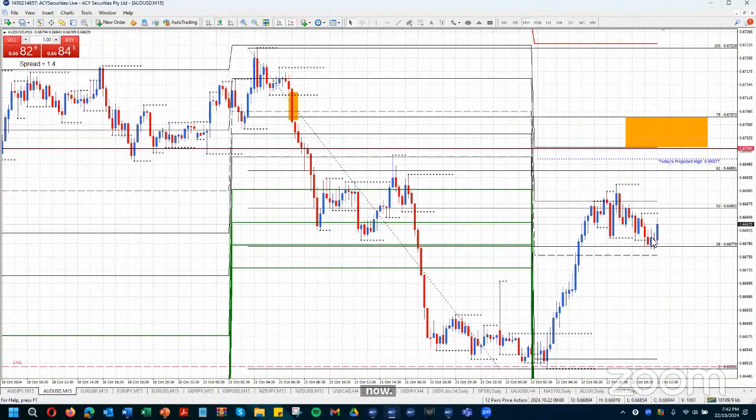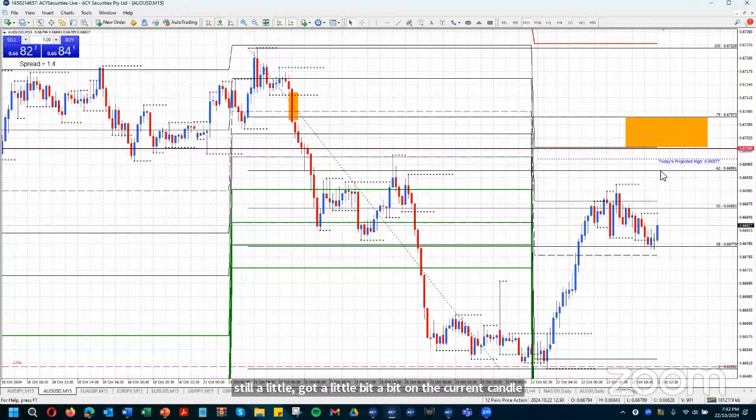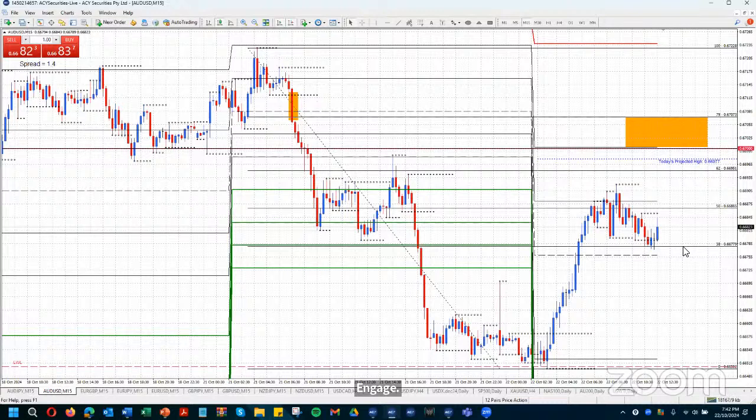Right, Aussie's still got a bit on the current candle. As I said, we haven't come back up to the 62% area of last day's trading range. So when I see that, I'm always a little bit reluctant to engage. I would rather miss out on a move down than get in at a low level and see price come up further. It's not to say this can't move down, because this 50-minute trend is definitely down,